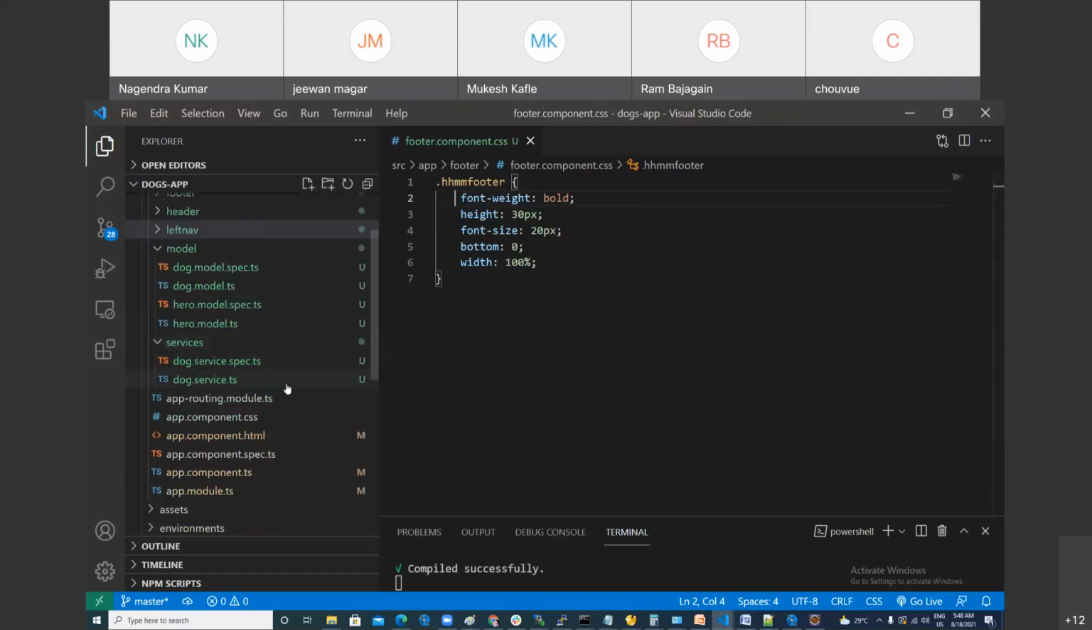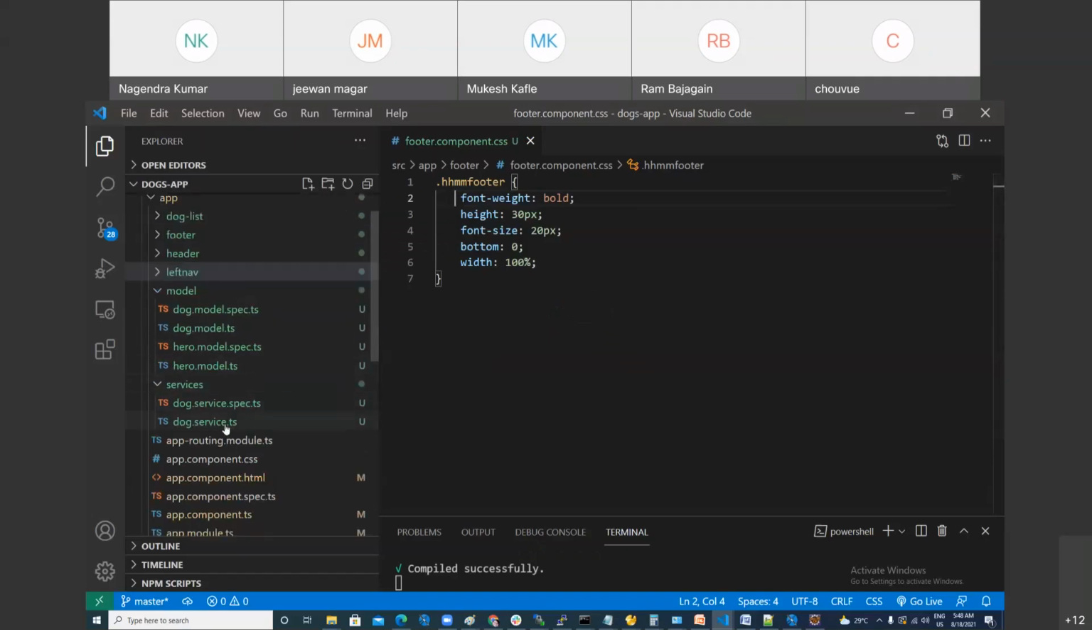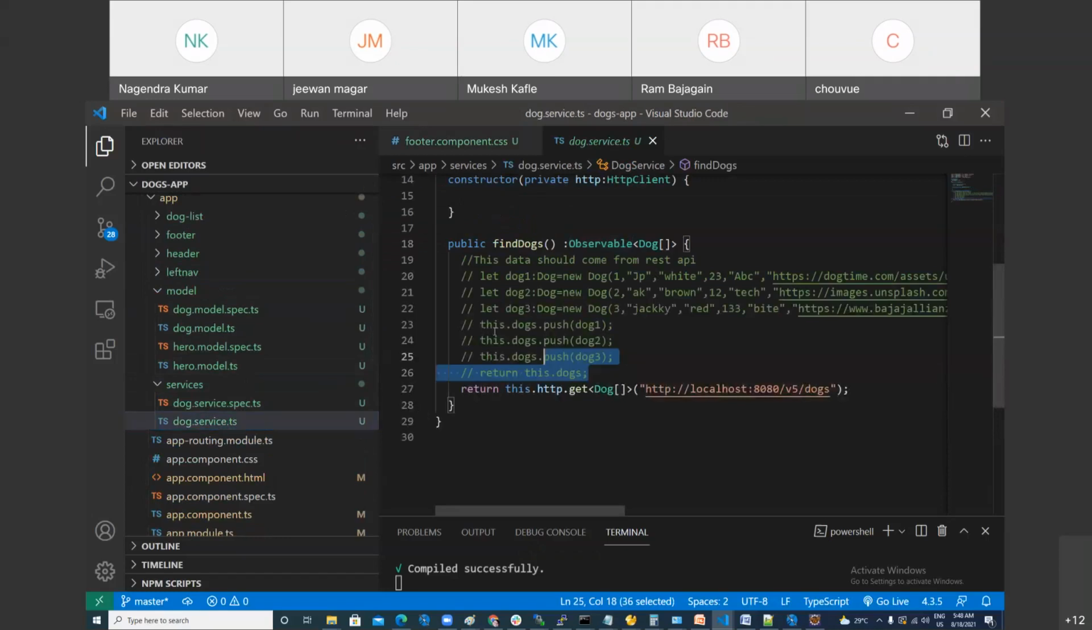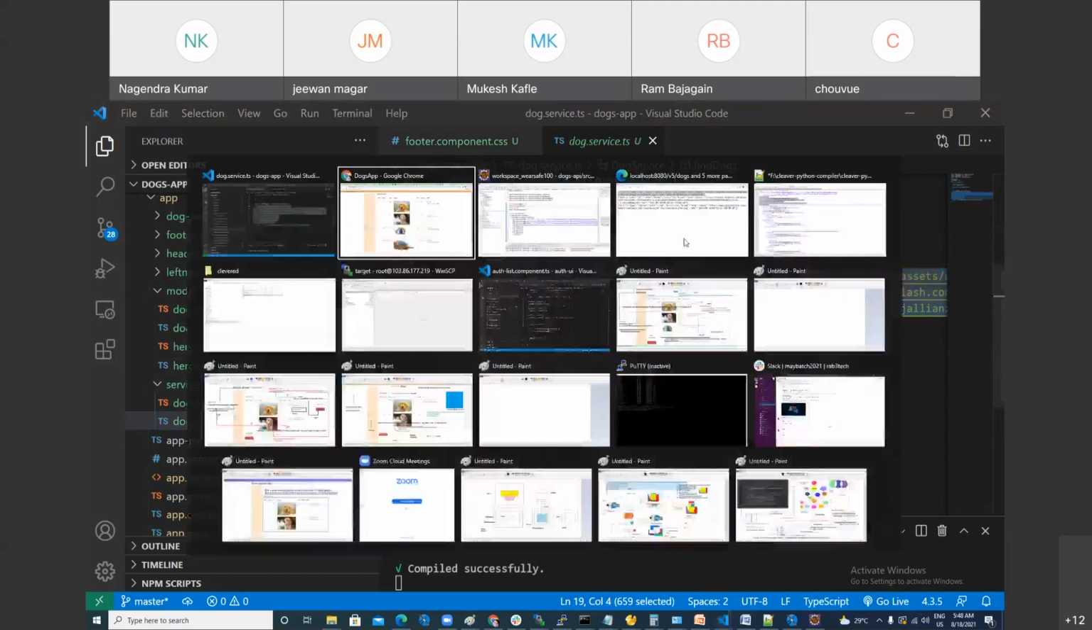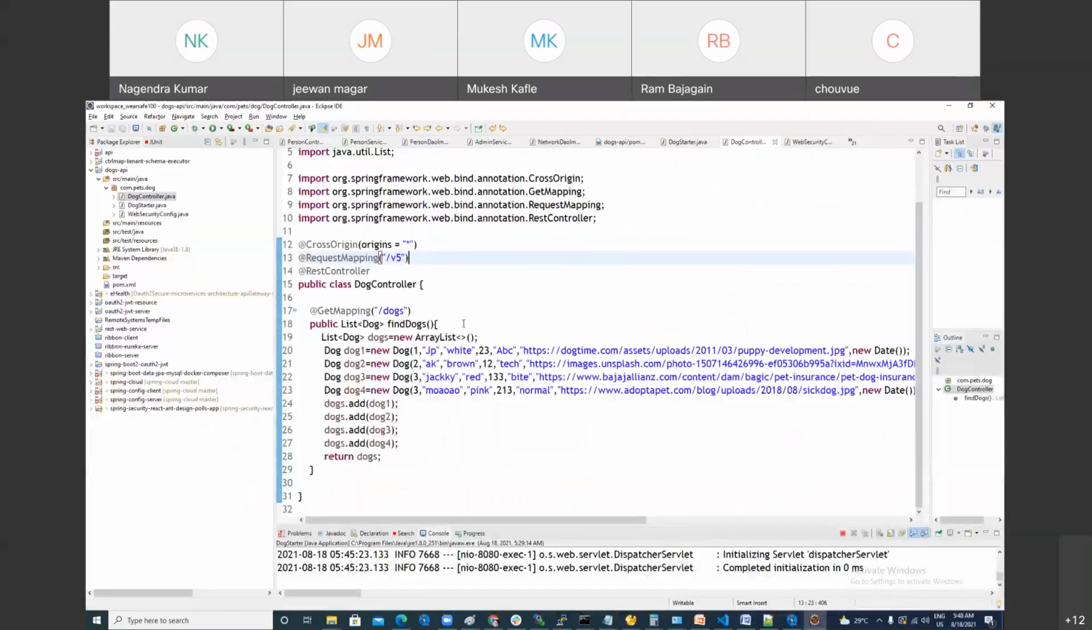If you want, I can show you how it was hard coded. Fine. This was hard coded, right? I replaced it, that's fine. So what I need to do is first design the REST API. For designing the REST API, I'm using Spring Boot. So what you can do is go and make a